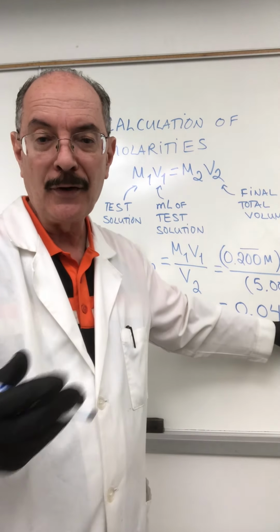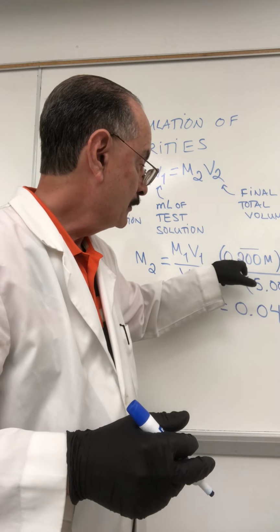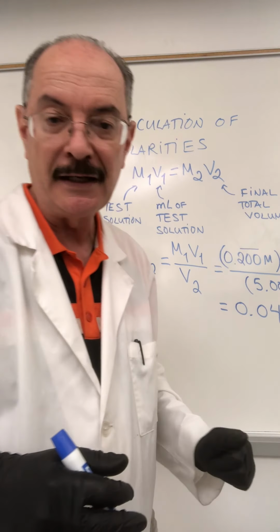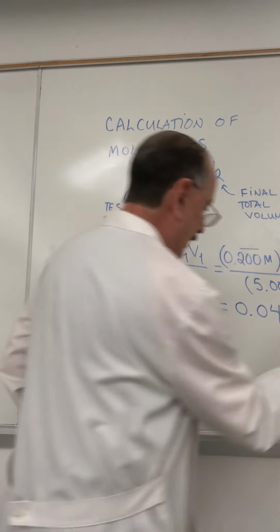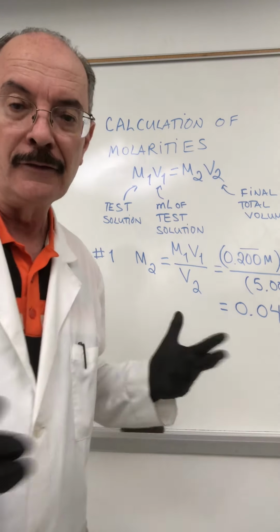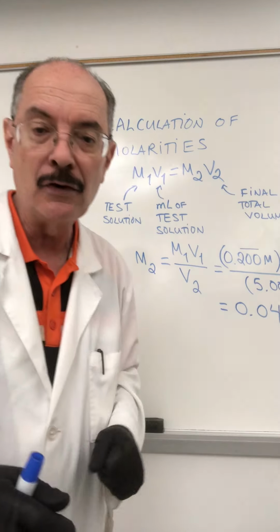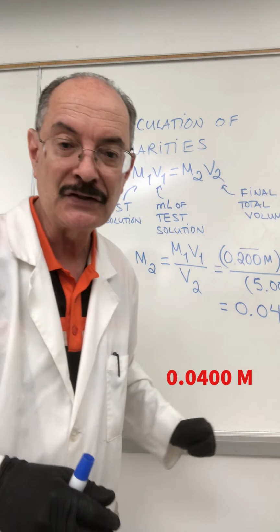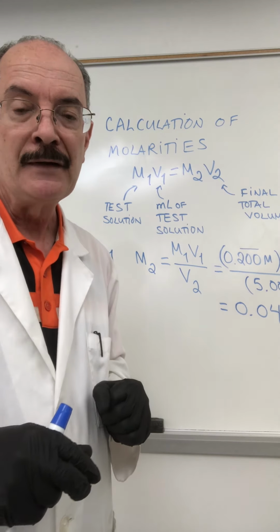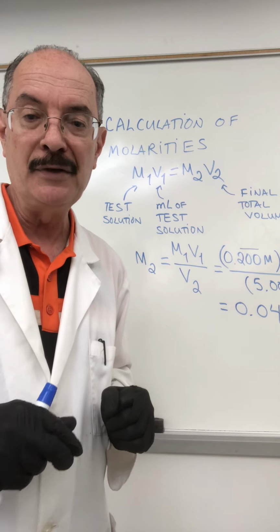Now, when you plot the graph, you're going to end up with some of these dilutions being in the first 3 decimal places, so you'll have to drop that last 0. But for now, that is okay. So we would say that the molarity of the solution in test tube number 1 is 0.0400 molar. We're going to do this exercise now for all 5 of our test tubes, and then use that data later, when we have the absorbance data, to plot a Beer-Lambert